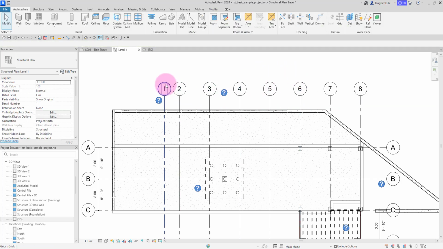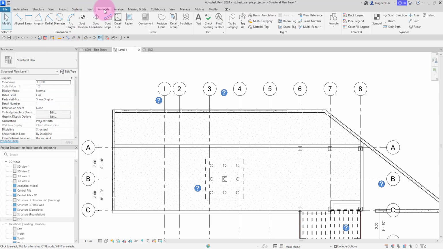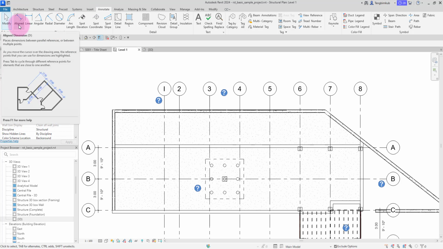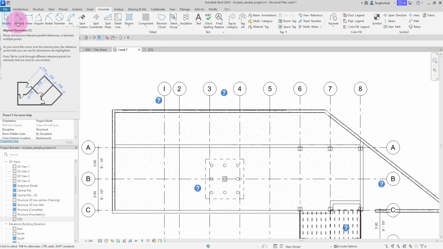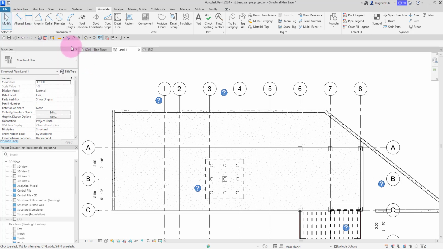If you want to dimension anything, you can use this command, align dimension, or you can go to the annotate tab and use this command, align dimension. The DI in the bracket is a hotkey. You can press DI to activate this command. Okay, I click on this command,